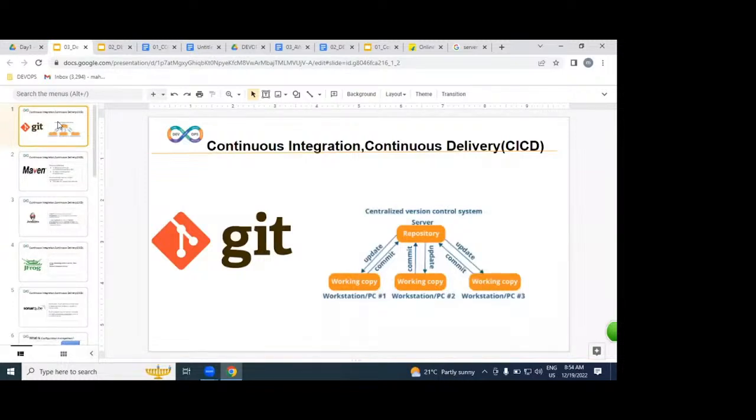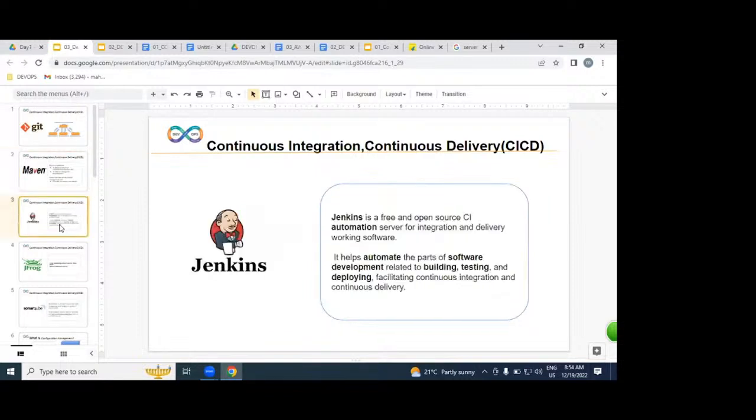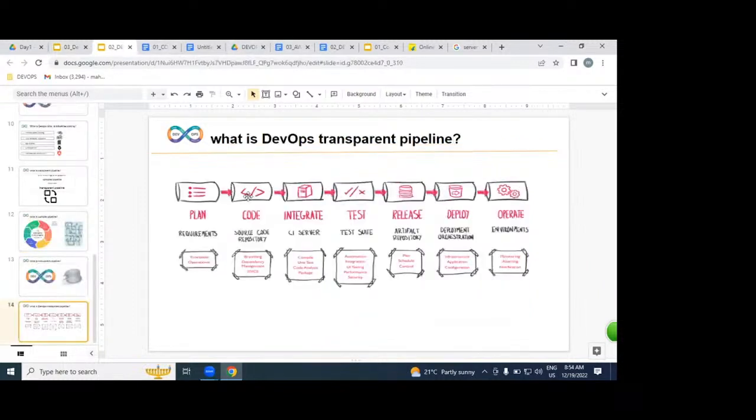As DevOps engineers, we maintain all developer source code in Git version control. But all developer source code we should execute, and we need to build it using Maven. This entire process we automate with the help of Jenkins. Jenkins is an automation tool, and this entire DevOps process is automated with Jenkins.